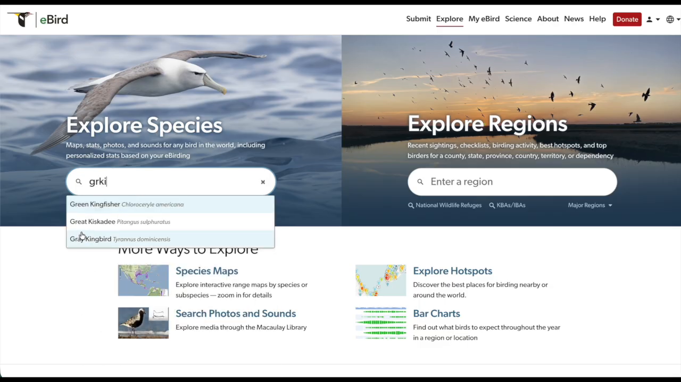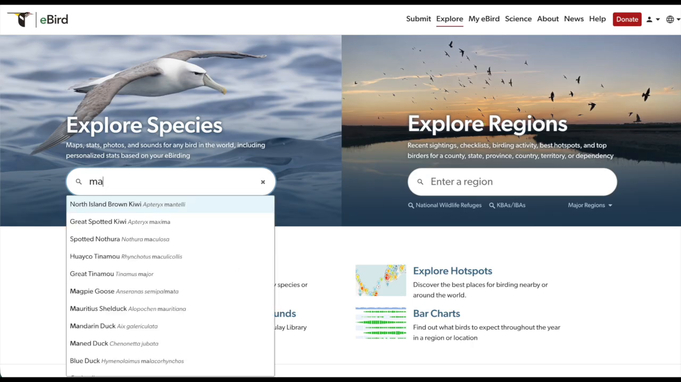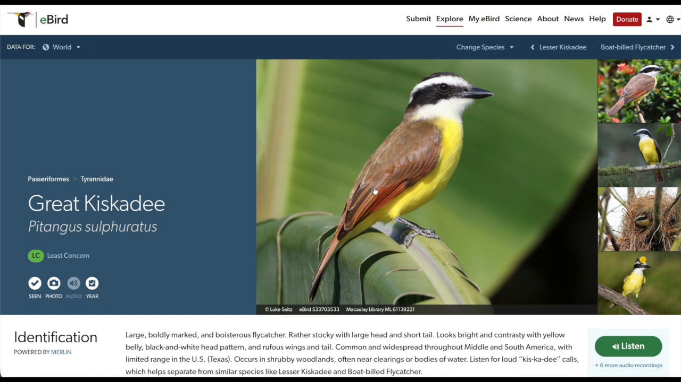We can do this 4-letter code. I've mentioned several times in these eBird tutorials, but basically for a 2-word bird species, it's going to be the first 2 letters of the first word and then the first 2 letters of the second word. For a bird like the mallard that only has 1 word, it's just going to be M-A-L-L. So let's go ahead and go. We can also just type out the full name. So let's go ahead and do great kiskadee, and then we're going to get to this page right here,